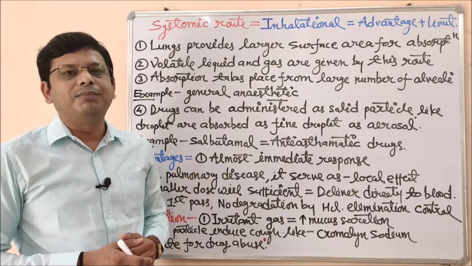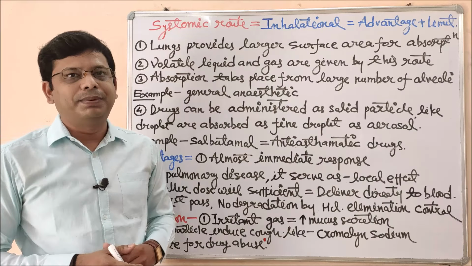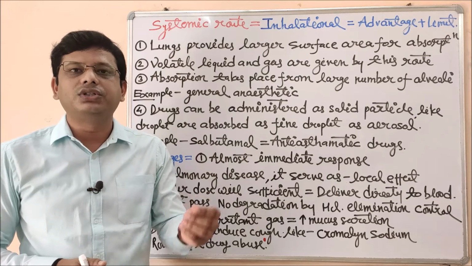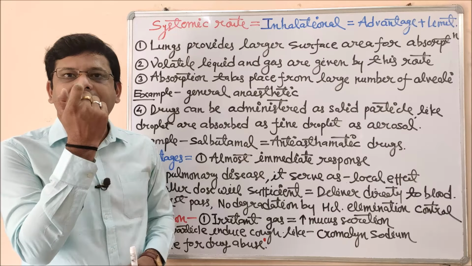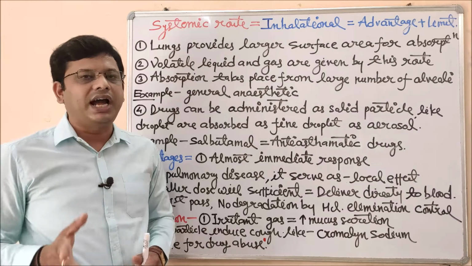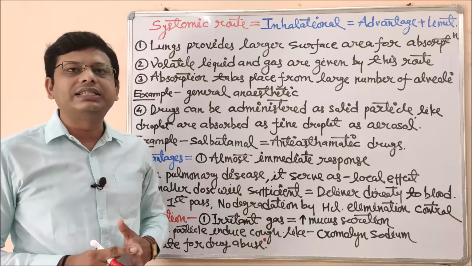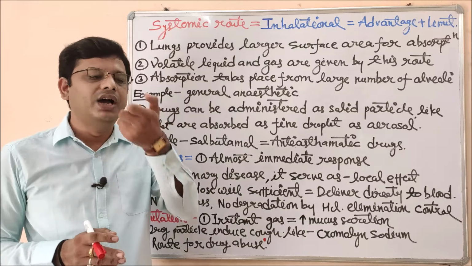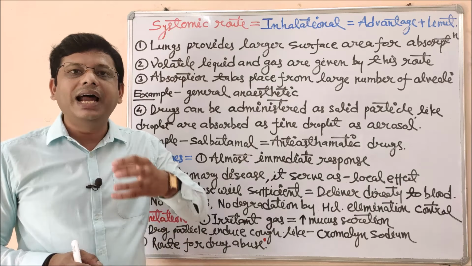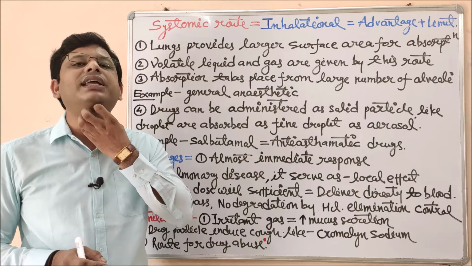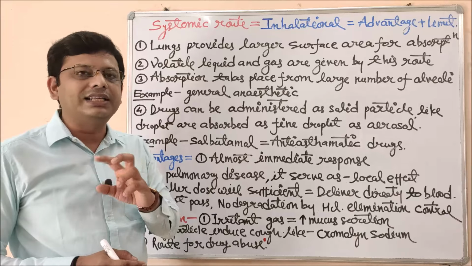So that video was an example of the nasal decongestant spray. That drug was given through the nostril, the nasal cavity. But in case of inhalation, we have an asthmatic pump that is taken through the mouth. But I do not have that model to show you in this lecture. It is given by the oral route, but not exactly oral, it is not going through the stomach. It has to be inhaled, and it will go to the lungs only. That is the basic difference.